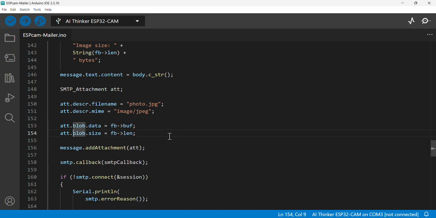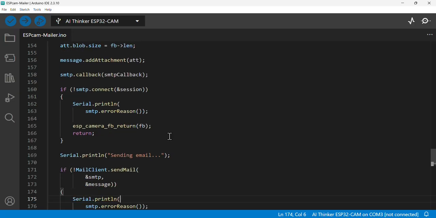If you remember in the web server hosting in ESP32, we had text/plain and text/html. Here we have image/jpeg,